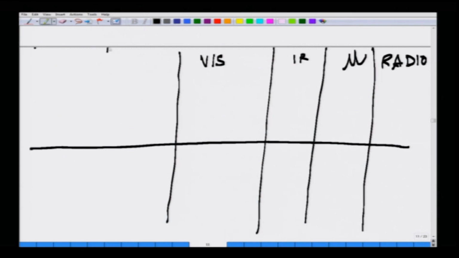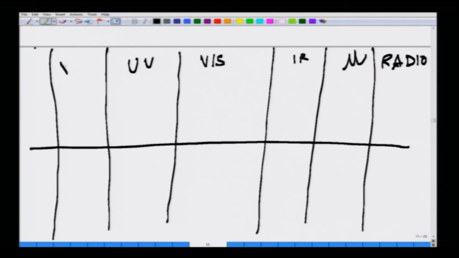On the other side you have UV, X-rays and gamma rays. If you look at the zone we are talking about, the visible spectrum is around 380